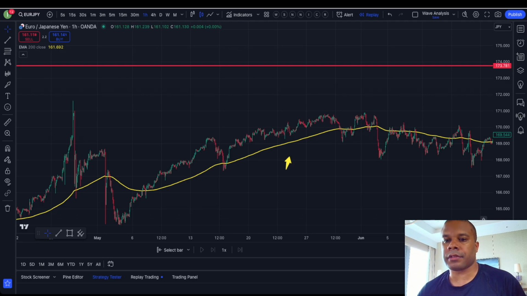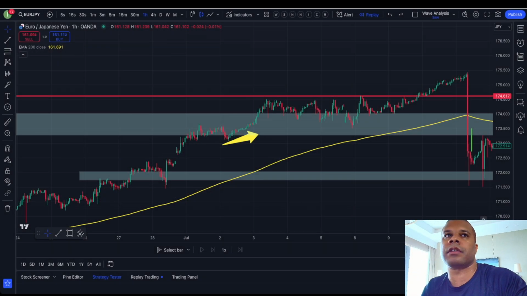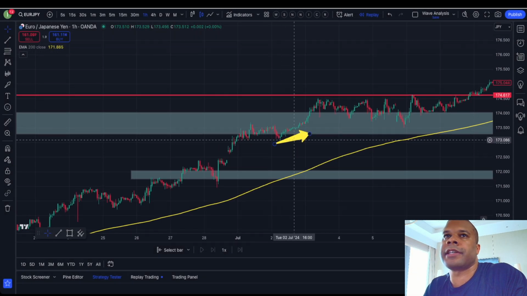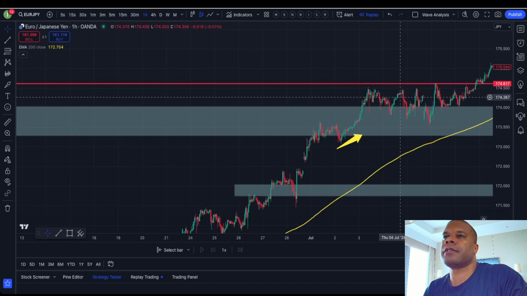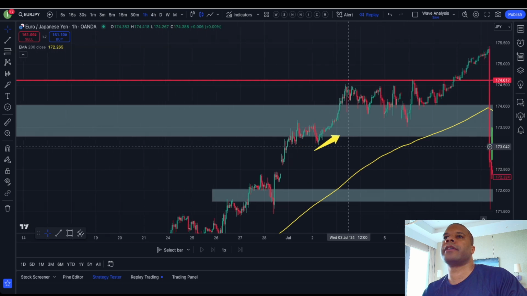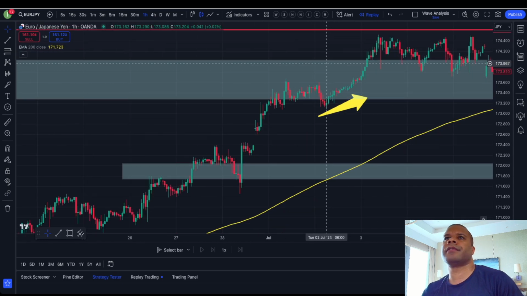So now, second thing, the next thing I look for is a supply and demand zone. What is that? What do I mean by supply and demand zone? Well, let's look at this. For example, a supply and demand zone is this. You're going to have areas in a market where you can have those major pivot points, right? So for example,